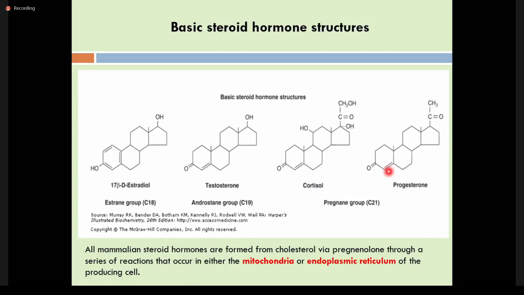So basically, in order to understand what we are going to talk about, we have to imagine the molecules that we are going to synthesize. First of all, estradiol is one of the most important estrogens, as you might know, as well as testosterone, which is an androgen, and glucocorticoid hormones like cortisol, as well as the progesterone family of molecules. These are the types of steroid molecules we are going to talk about today and how they are synthesized by mitochondrial and endoplasmic enzymes. Not by the mitochondria itself, but by the enzymes that are localized in these